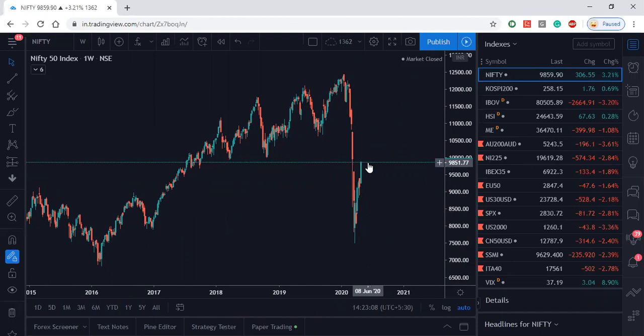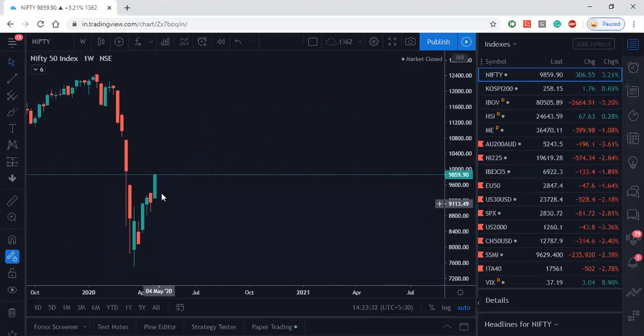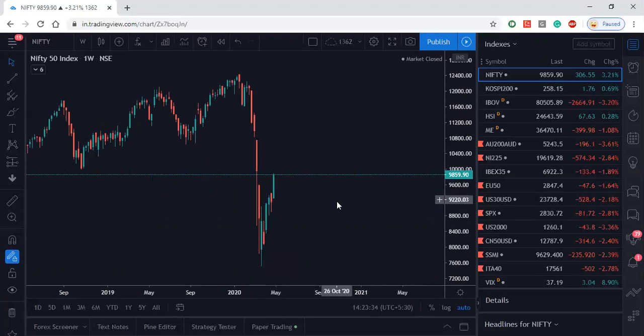But even if it doesn't, the idea is, trend wise, I'm strongly bearish on this. So I'd be on the bearish side. I'd be looking for only shorting opportunities every time I get a pullback, right? Because I'm expecting the market to come back and test the previous low. It may break it, may not break it. I'm not sure about that, but at least a retest of the previous low is what I'm expecting in the next couple of weeks. So that's what the plan is, looking at the chart technically.